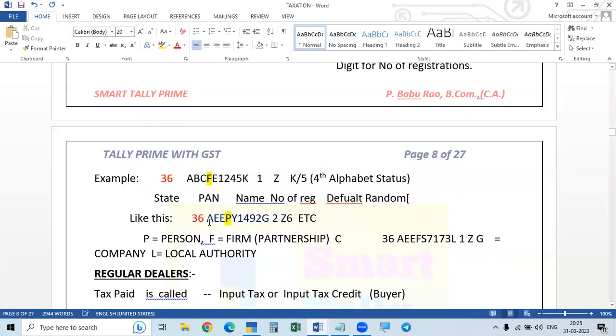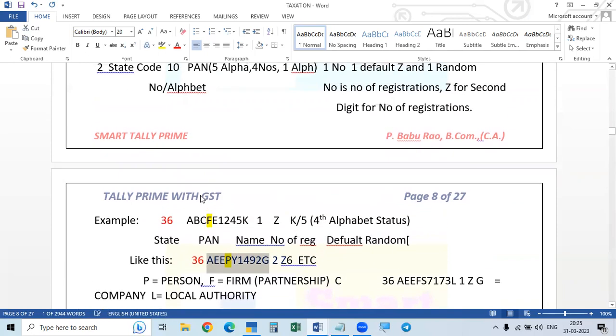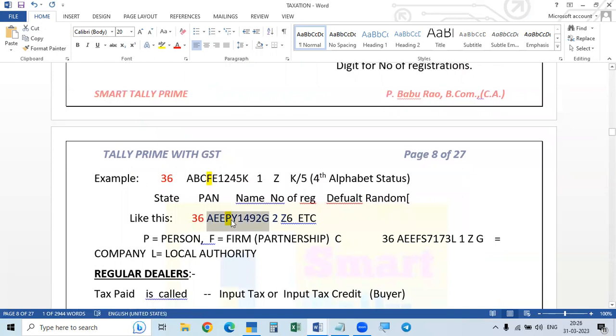The next 10 digits will be the PAN card number. The PAN card number consists of 5 alphabets, 4 numbers, and 1 alphabet. Total 10 digits. And in these 10 digits, among the alphabets, the fourth one,